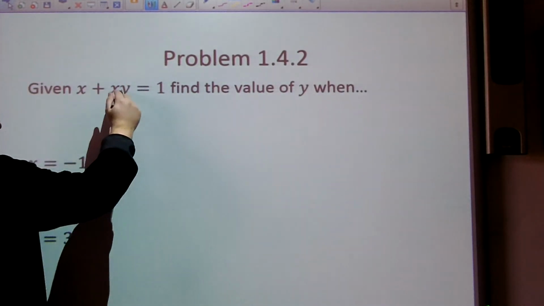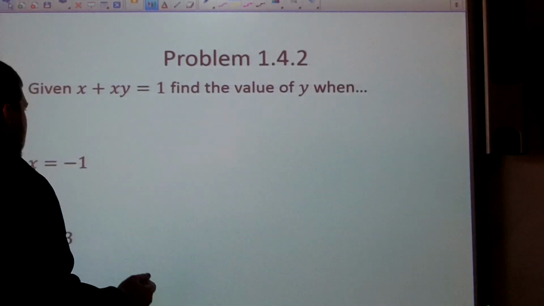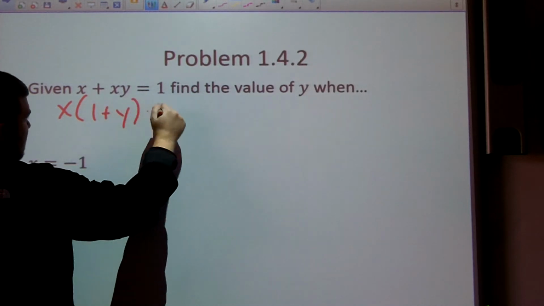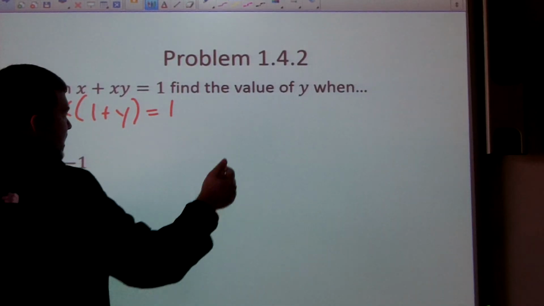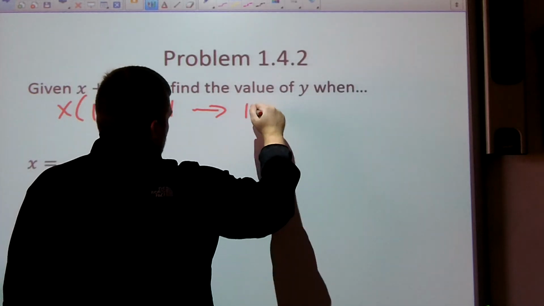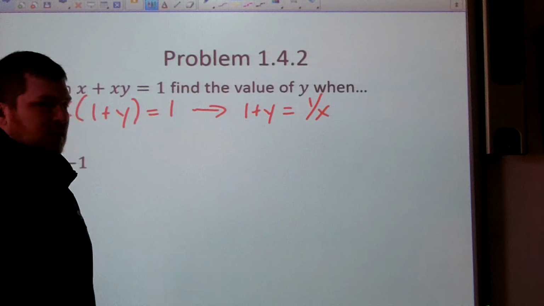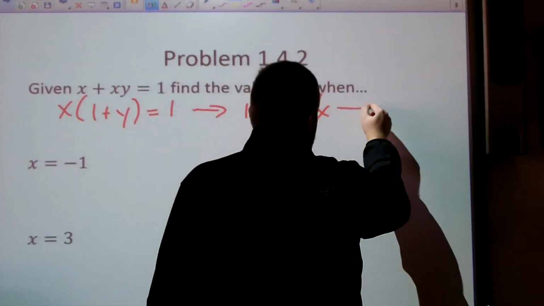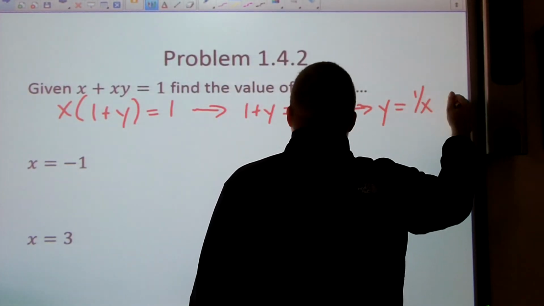So I'm going to have on the left, my common factor is an x. So I can pull out an x. So x times 1 plus y equals 1. Okay, well I need to get y by itself, so I'm going to divide by x. So I have 1 plus y is equal to 1 divided by x. And then finally, we need to get y by itself, so I'm just going to subtract 1 from both sides. So y equals 1 divided by x minus